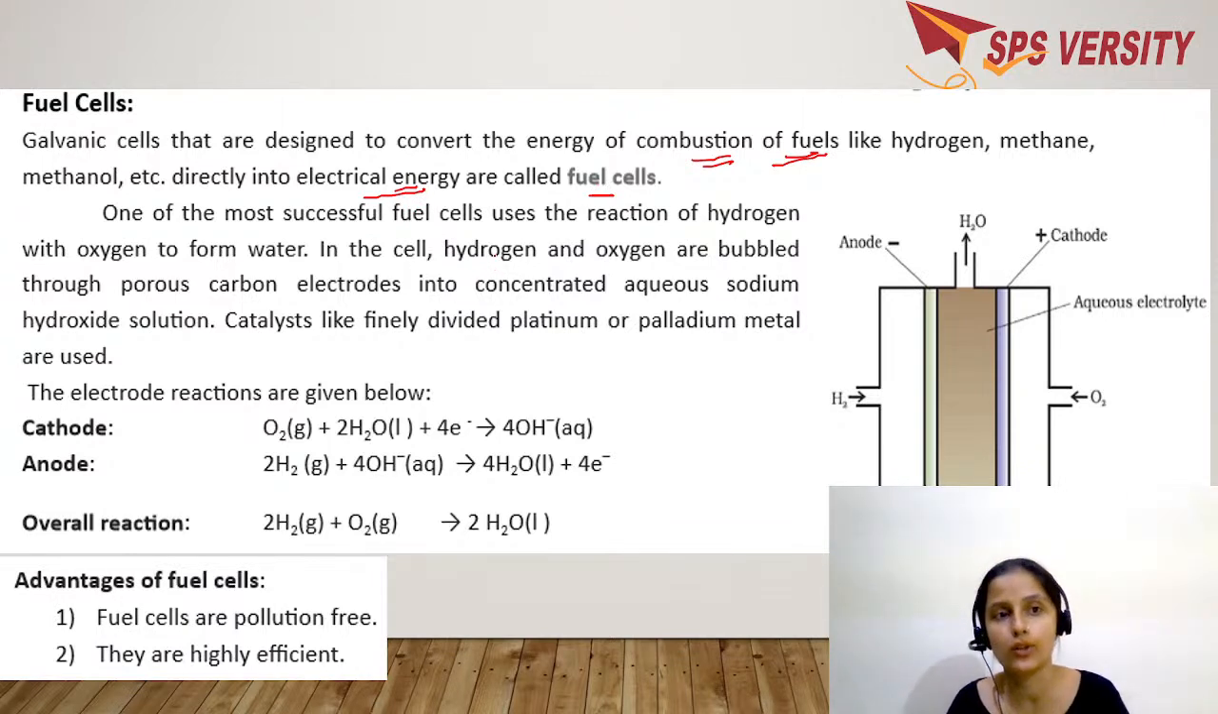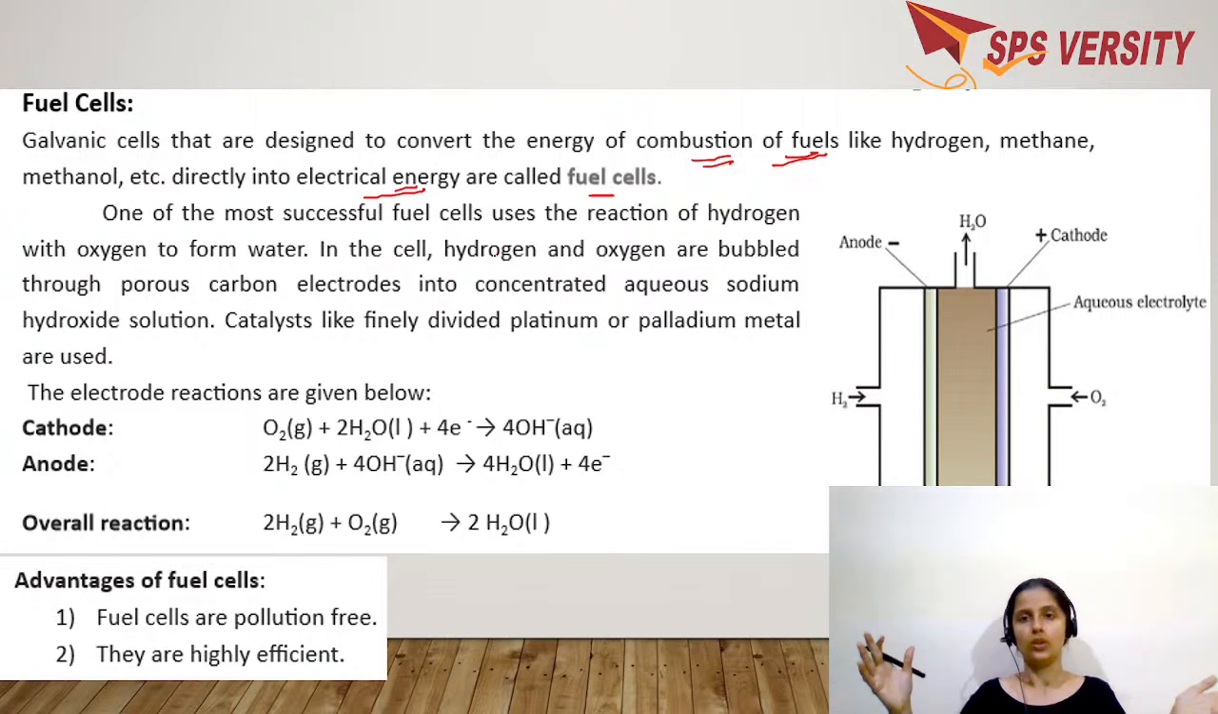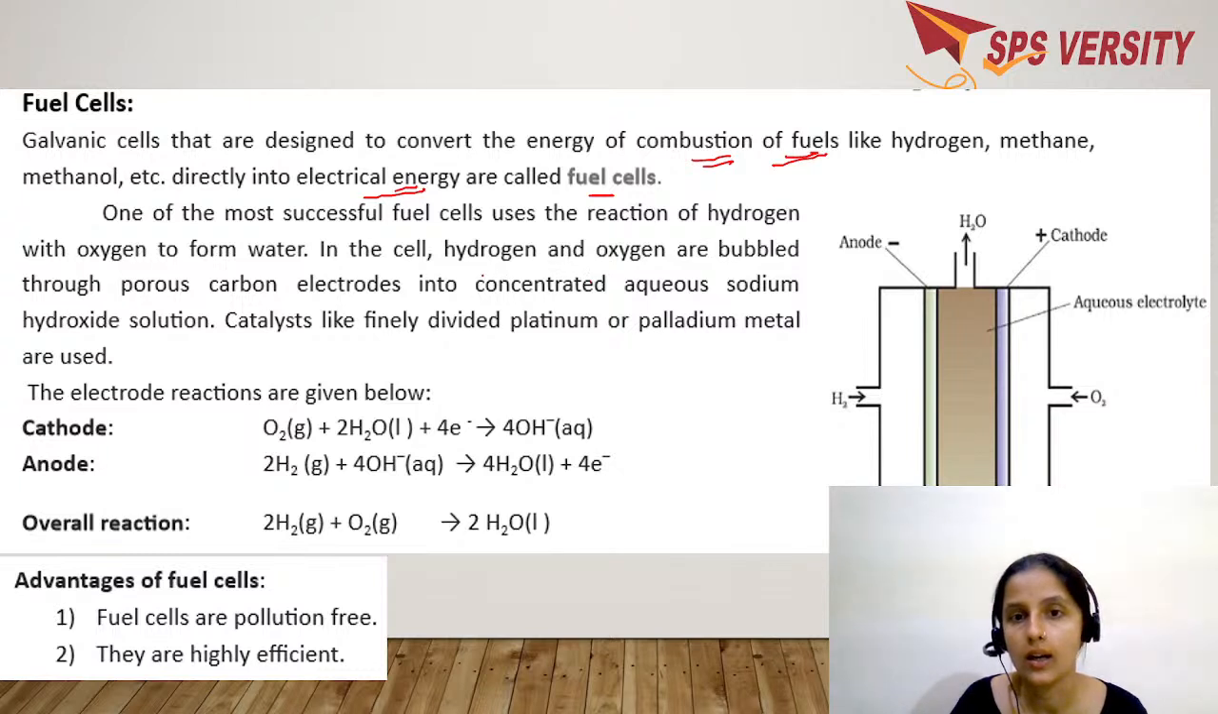Now what is going to happen here? If you take the hydrogen fuel cell, in case of other cells, what you do in the vehicles and all, you burn petrol or you burn some gas like methane, and the side products will be carbon dioxide also. But here you keep supplying hydrogen and oxygen. These are bubbled through the porous carbon electrodes into the concentrated